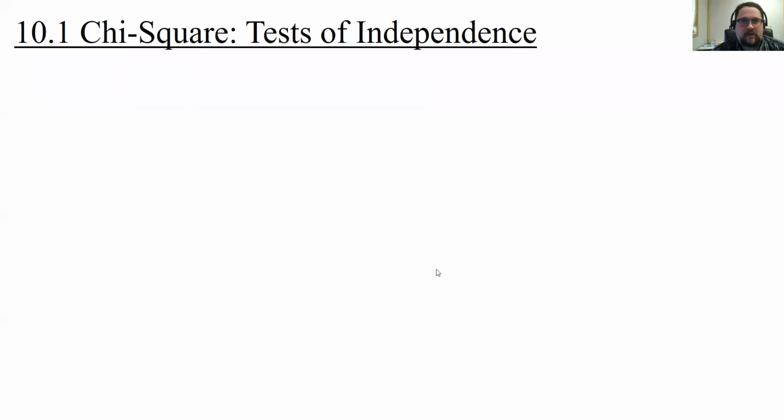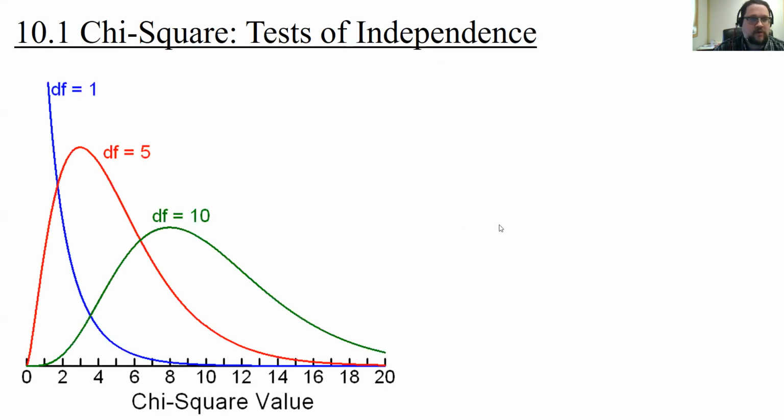All right, we're going to look at 10.1 chi-square test of independence. So we're going to do some more hypothesis testing, and we're going to use a different distribution to test this hypothesis. All right, so we're going to use this chi-square graph, and just like with the student's t-graph, there's a collection